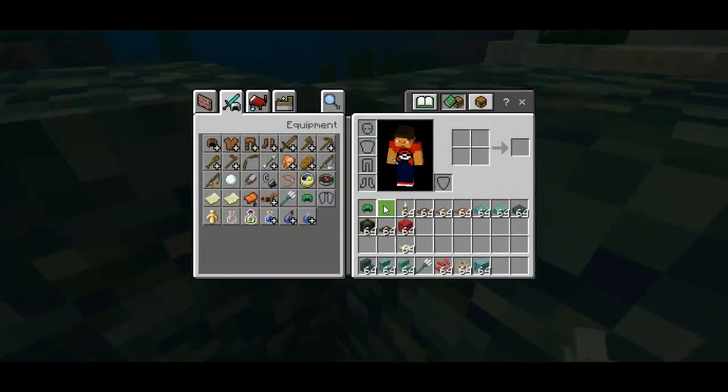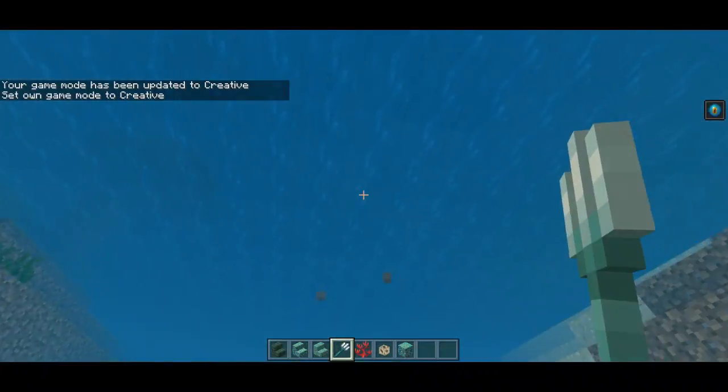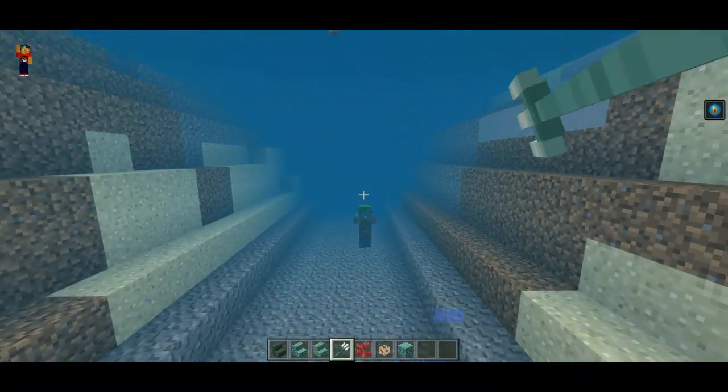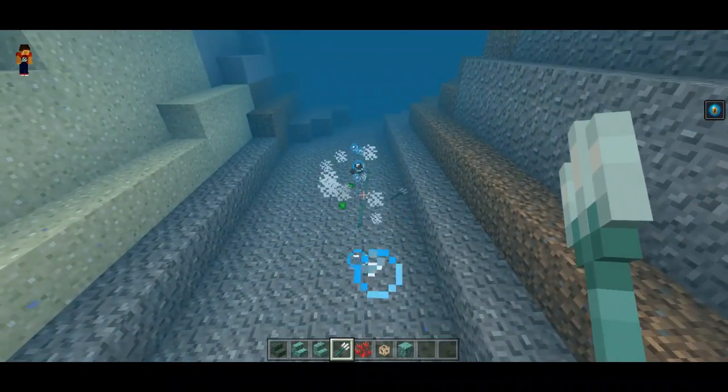So where did I put it? Here is also the turtle shell. I'll show you how to make that later. But here we have the trident. It's basically the combined version of the...